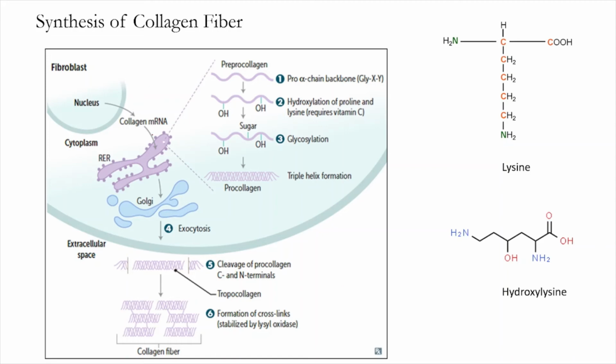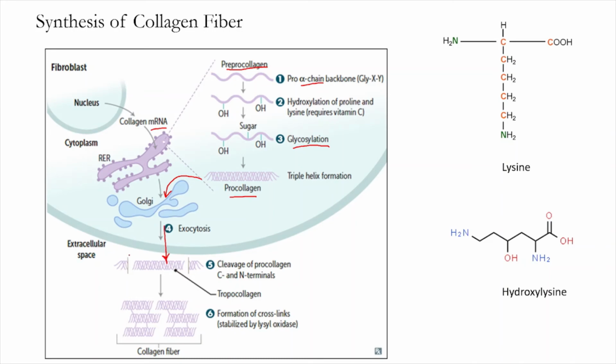So here is basically another diagram showing the synthesis of collagen. From the nucleus, collagen genes are transcribed into the collagen mRNA, and then they are translated into the protein. So on translation, here you have the pre-procollagen. Alright, then you perform selective hydroxylation, and then selective glycosylation, and then on assembly it forms the procollagen molecule. Then it is packaged into the Golgi complex, and it is secreted outside the cell into the extracellular matrix via exocytosis.